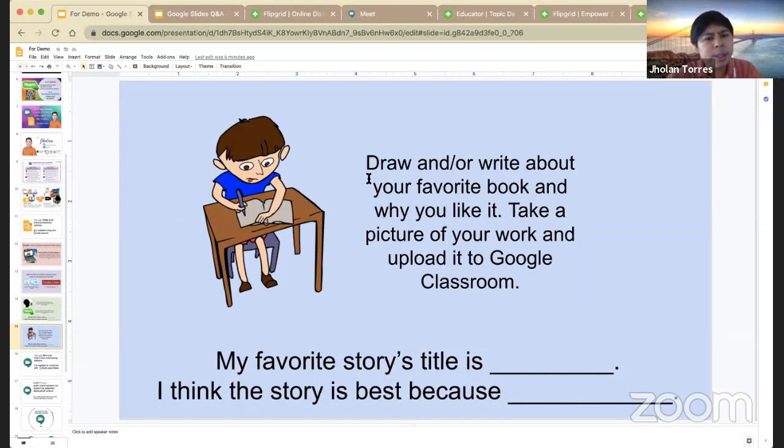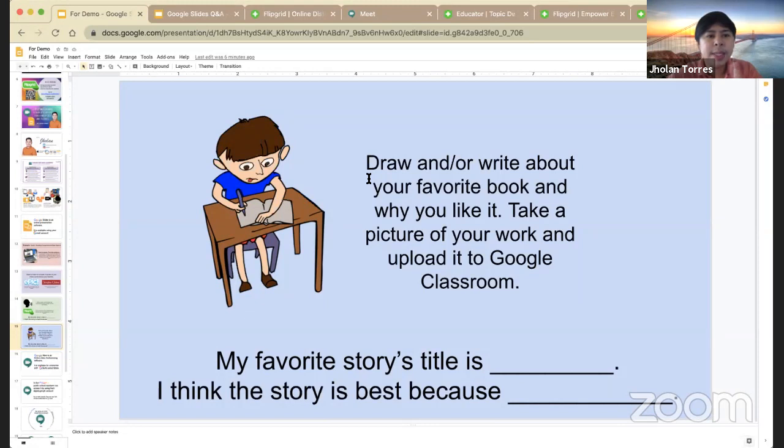So actually, basically, this is Google Slides, and it's the same thing as Microsoft PowerPoint. You can insert animation, you can insert videos, but for me, it's easier to use because you can share it, they can collaborate with it, and it's free.